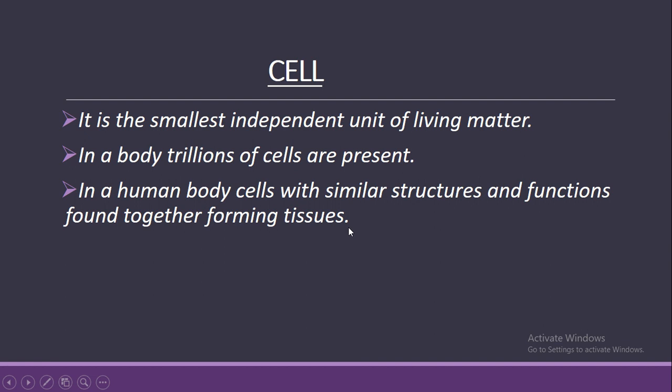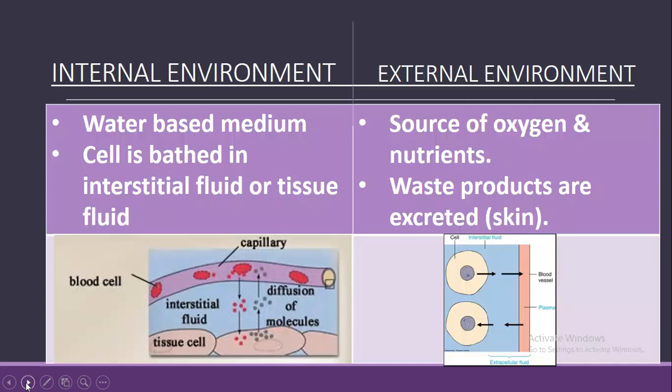What is called tissue is this: in the human body so many cells are present, but cells with similar structures, whether a round shape or any other shape, form together as tissues. Or if they have similar functions, in the sense of clotting or elasticity, they are formed together as tissues. This is the definition of tissue.